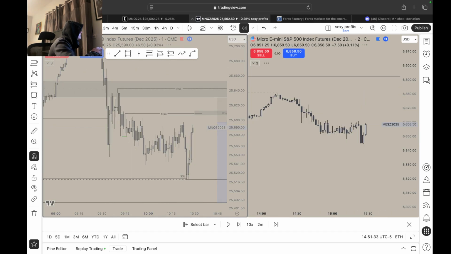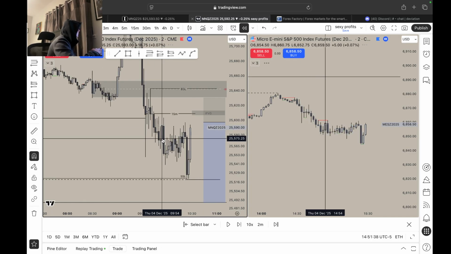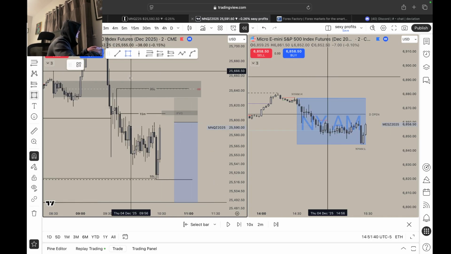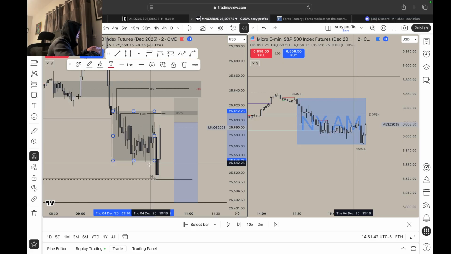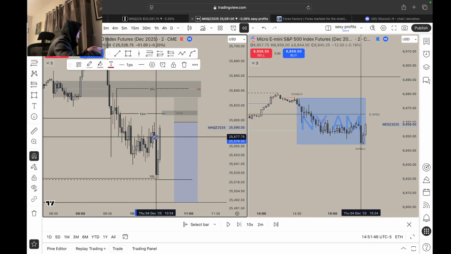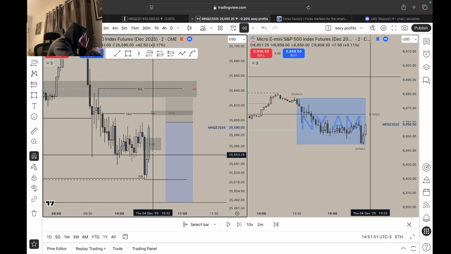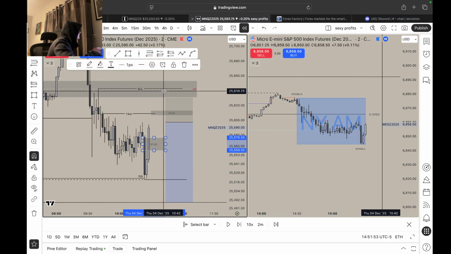I think it was a 2. Yeah, it was a 2-minute inversion here. So this is like a wee PDI. You've got this big accumulation, and then you manipulate, creating this fair value gap. We inversed it, and then I was looking for a potential long towards the 50-minute in this buy side level up here,